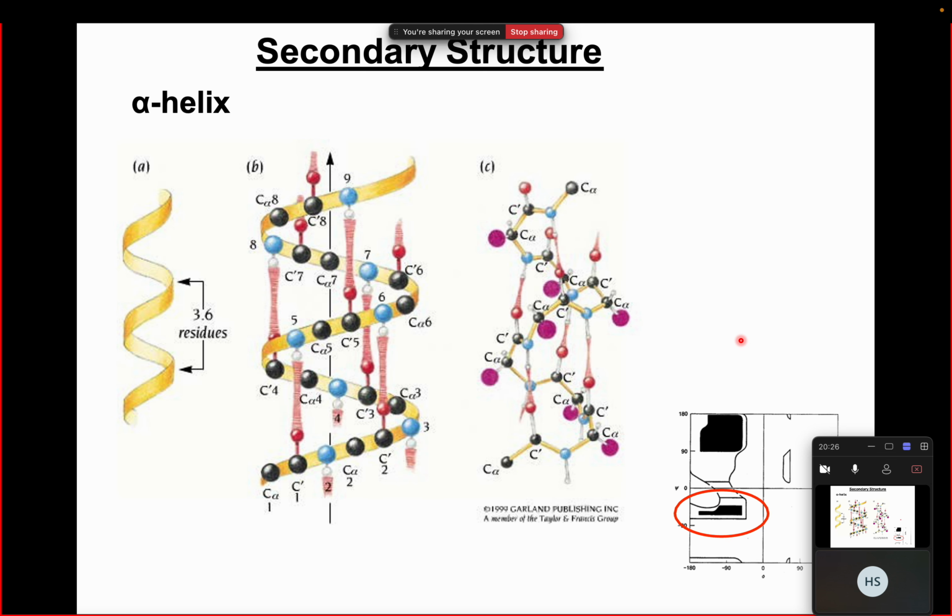So this is the alpha helix structure as it is depicted. It is helical in nature, and between two turns there are a total of 3.6 residues. If you look at these turns, they are the backbone of the amino acid residues of the protein. So this is the C alpha of the first, this is C prime of the second, then this is C alpha of the second, this is C prime of the second, then this is C alpha of 3, this is C alpha of 4, this is C alpha of 5. So you can see how the bonding patterns are emerging. So the C prime of the first will bond with the